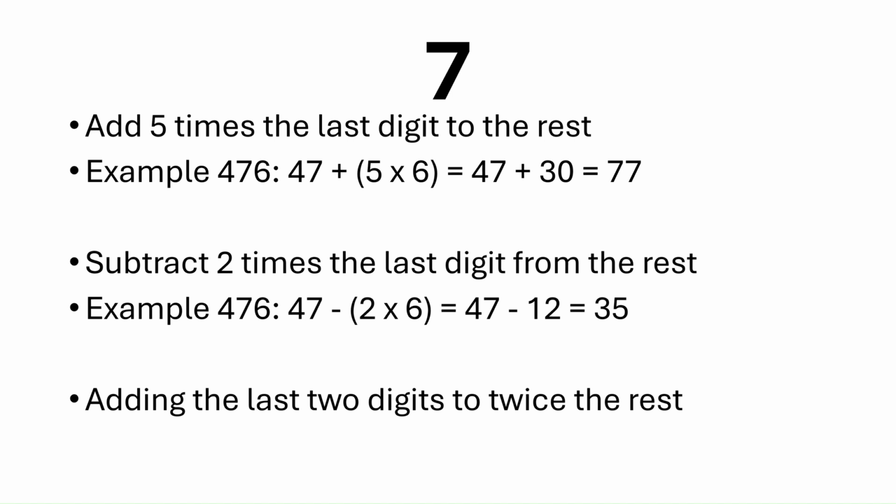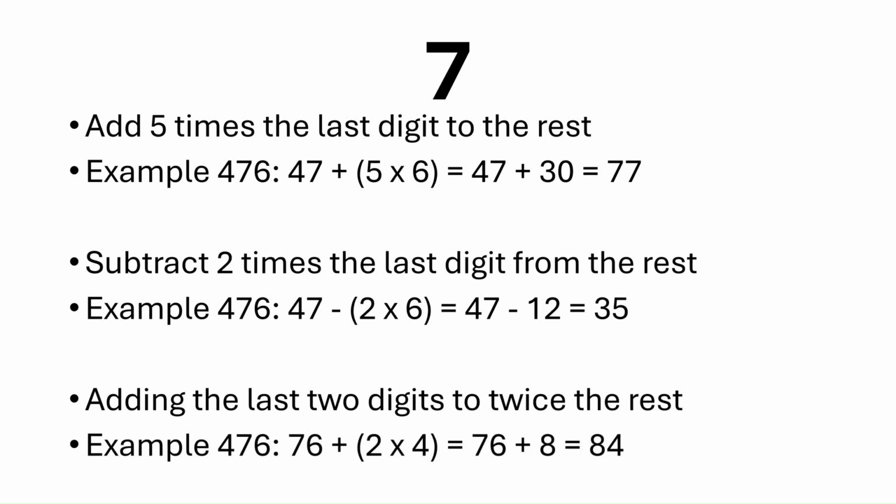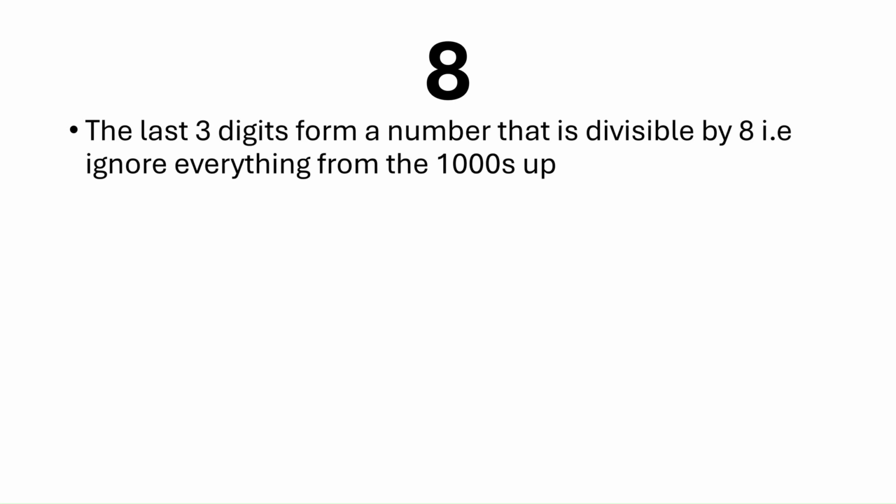Alternatively, adding the last two digits to twice the rest. Example 476, 76 plus 2 by 4 equals 76 plus 8 is equal to 84, which is a multiple of 7. 8. The last three digits form a number that is divisible by 8, that is, ignore everything from the